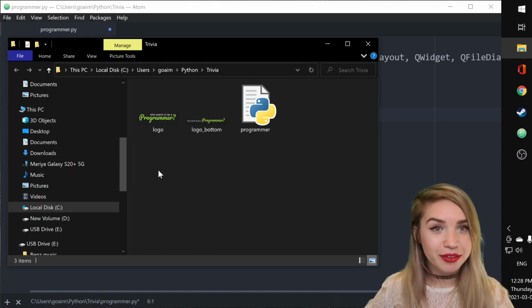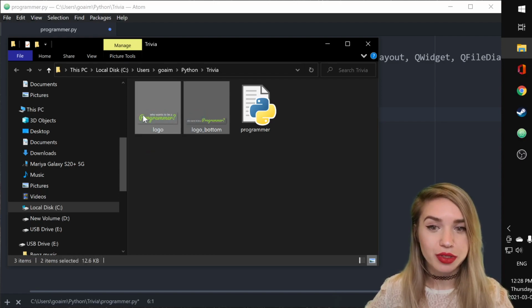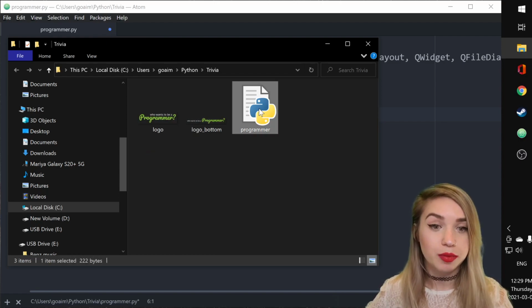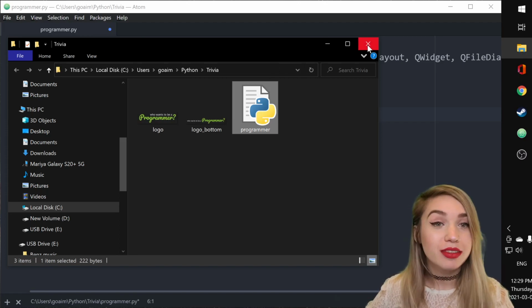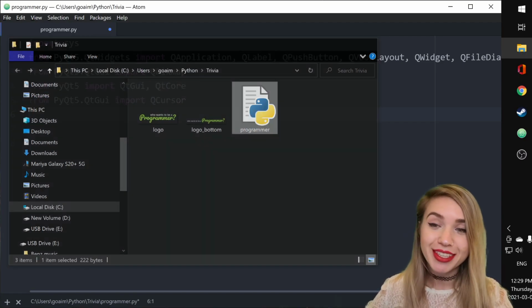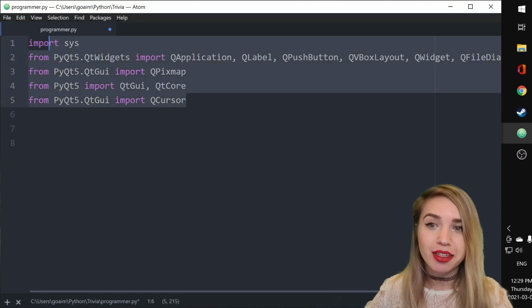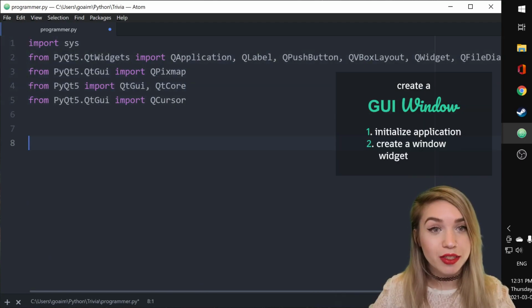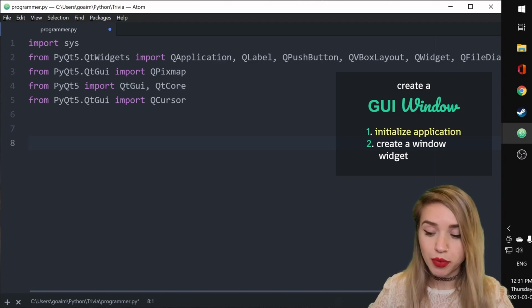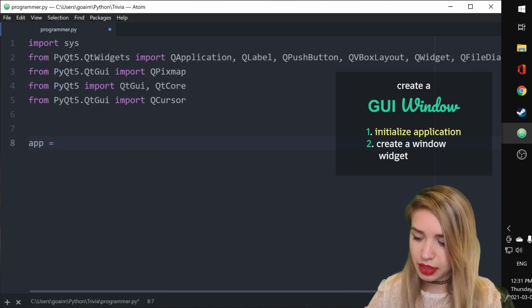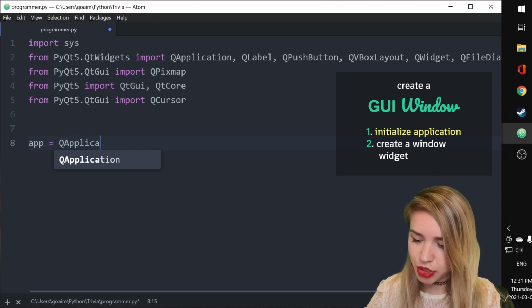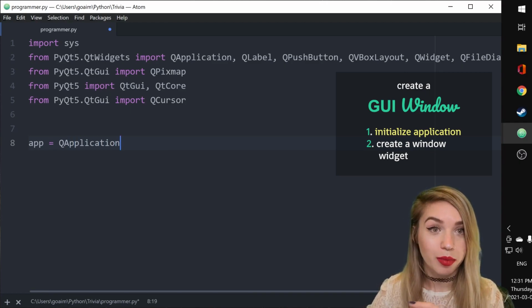Inside the starter files, you guys will find two different logos as well as a oneprogrammer.py file. If you guys will open this file with your favorite code editor, you can see that I already took care of all the different PyQt5 imports for you. First, we will initialize our application with app equals QApplication with capital Q and capital A. And inside the round brackets, we will pass our command line arguments with